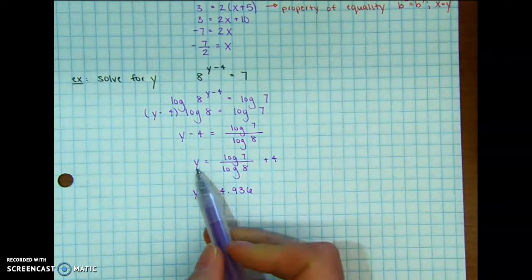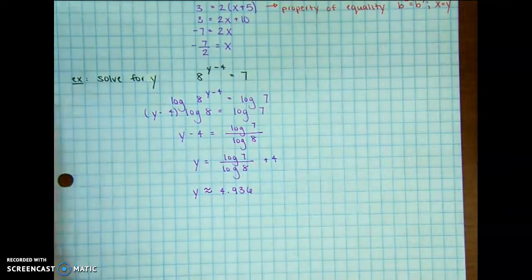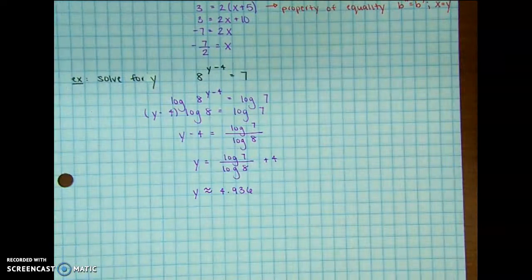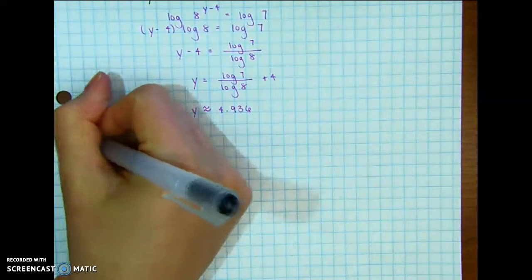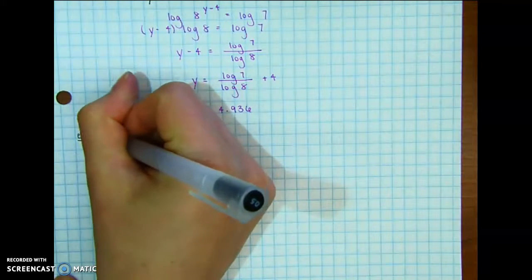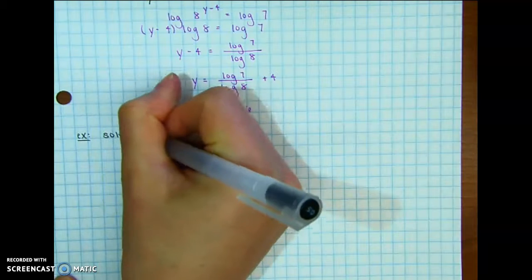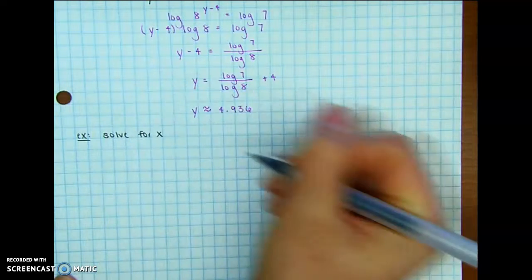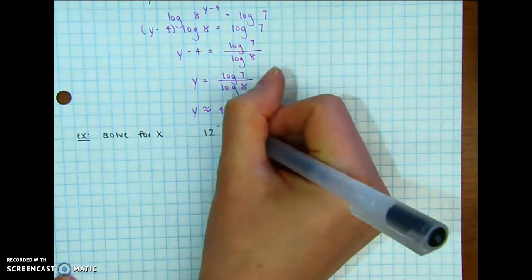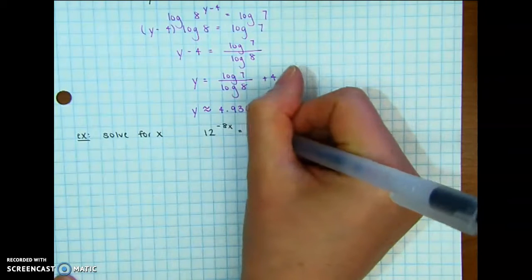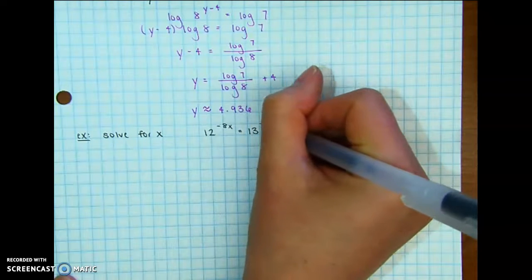And then we're done. So we have our exact and our approximate answer. Now let's do another one, just one more problem, solving for x. This time I'll just have it be x. All right, so let's do 12 to the power of negative 8x equals 13 to the power of negative x